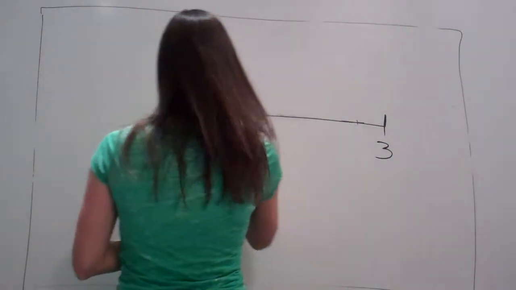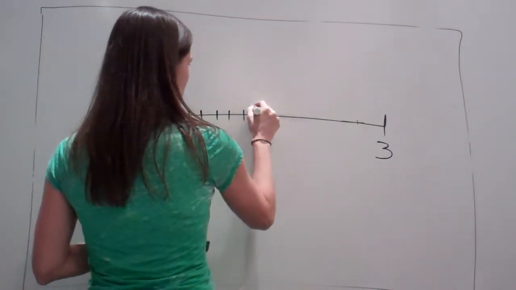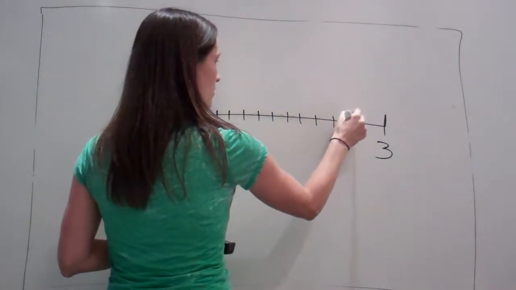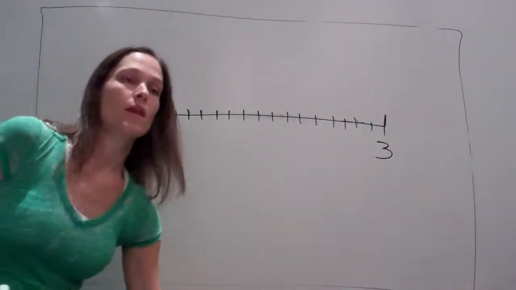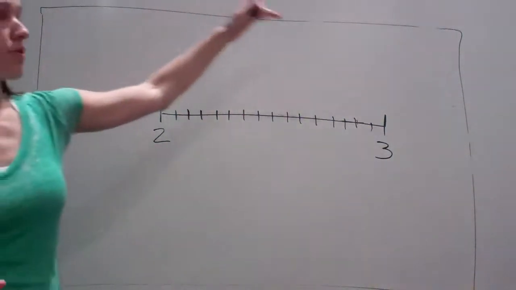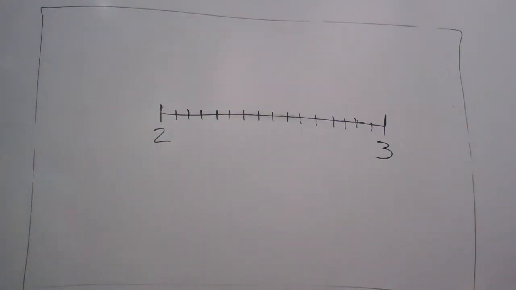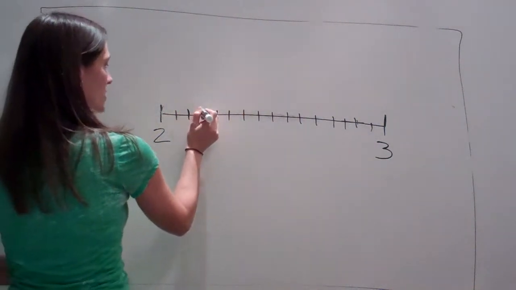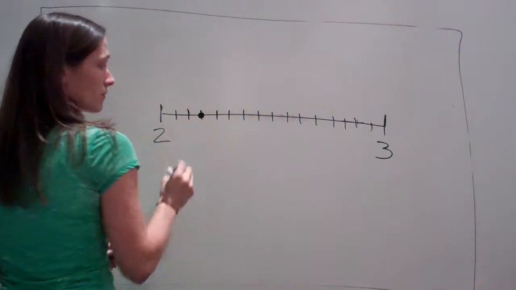I'm going to do my best, okay? Okay. Now, from 2 to 3, there are 16 jumps. Okay? Now,